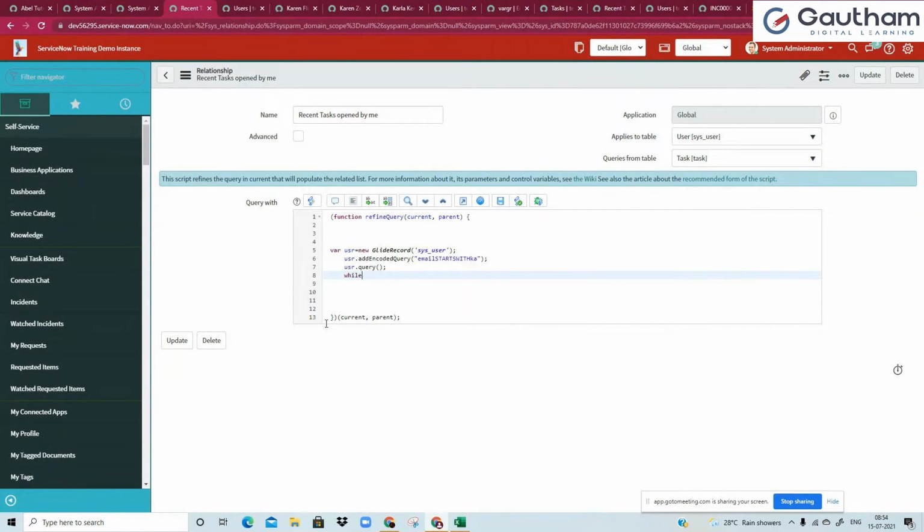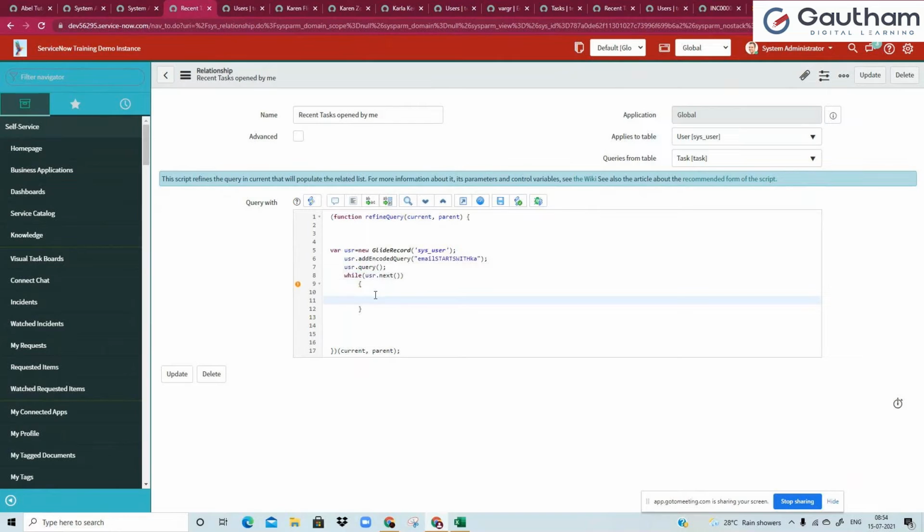while usr.next, as in you're iterating through the next record. At that time, what I want to do is basically print the list of names. Let us say variable names is equal to empty. So I'll put names plus equal to